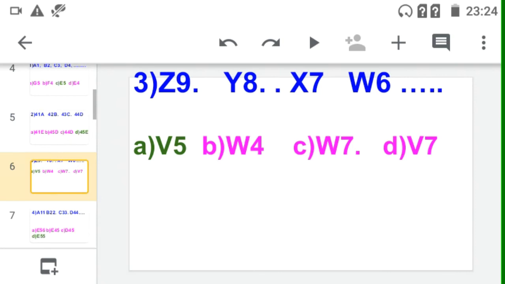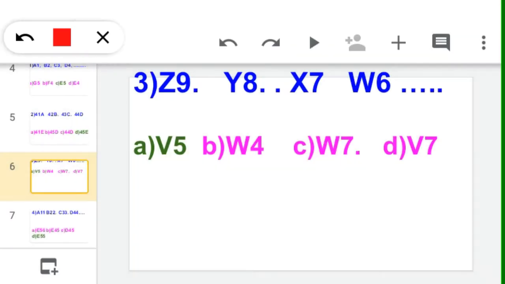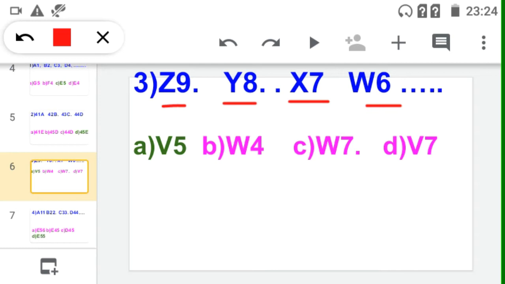Now see the third question. So in that third question, first see the numbers. See, this is the first, it is the second, it is the third, and it is the fourth. Now we have to find out the fifth term. So now see, students, here it is 9. 9 is there, then 8 in the second term, 7 is in the third term, and 6 is in the fourth term. So have you observed, students, that the numbers are decreasing by what? Ones. Okay, so if you subtract 1 from 9, then you will get 8. 8 is in the second term.